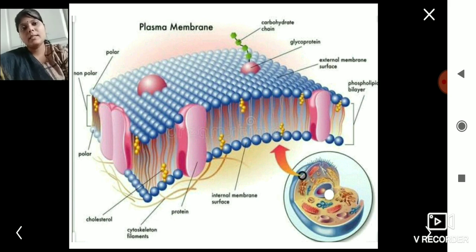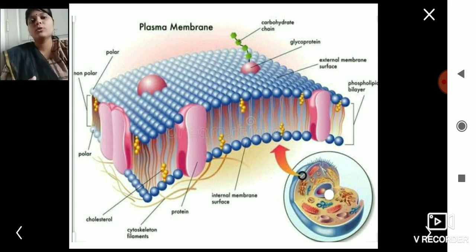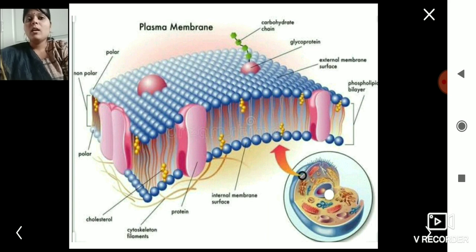They also act as enzymes, and they act as receptors which identify molecules. They also help in communicating with neighboring cells, and cell recognition happens due to the presence of the plasma membrane. So this is how it looks, and since it is a bilayer with a semi-liquid form of lipid, it is called the fluid mosaic model. So here ends the topic of the plasma membrane.